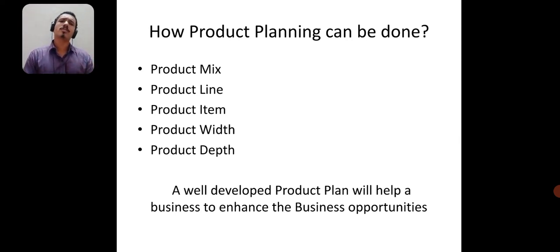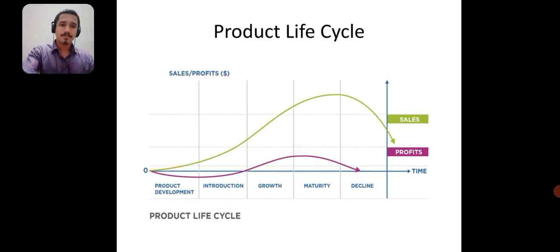There is no such product which says, okay, this is what I have, this is one product, 200 grams, that is the only thing I sell, there is no 100 grams, no 500 grams, no 1 kilo. That is not there. We can see different items, different products in each and every case. You can take the example of a soap, a toothpaste, a shirt, headphones or this mobile phone. Everything has its own line, its own item, width and depth. So this is how planning can be made.